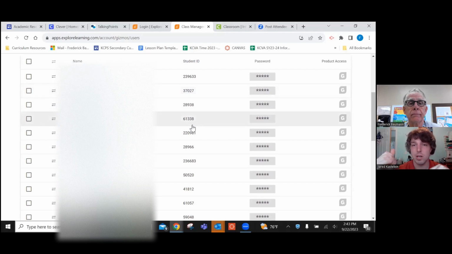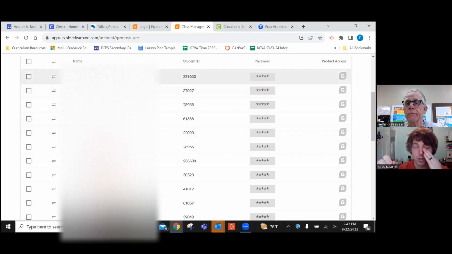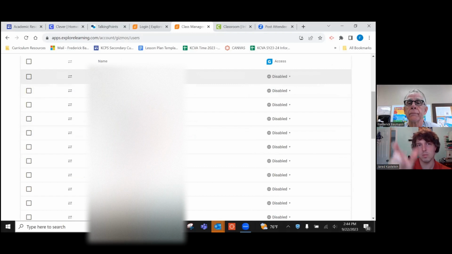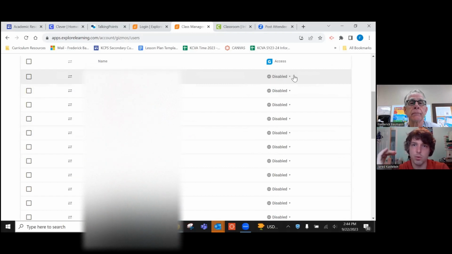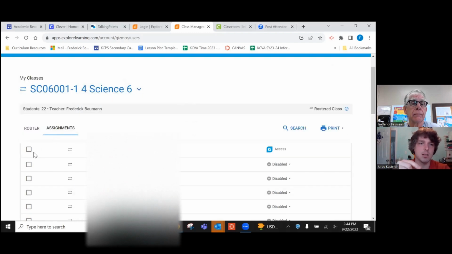I've already tried to reach out to IT and Gizmos to fix this one issue, but you'll notice there on the right-hand side, in the column that says product access, that should be blue in order for students to actually access it. So go ahead and click on one of them. And what that's going to do is bring up this page. And if you go to the top left of this chart, instead of going through and doing this for every student individually, if you hit the top checkbox,